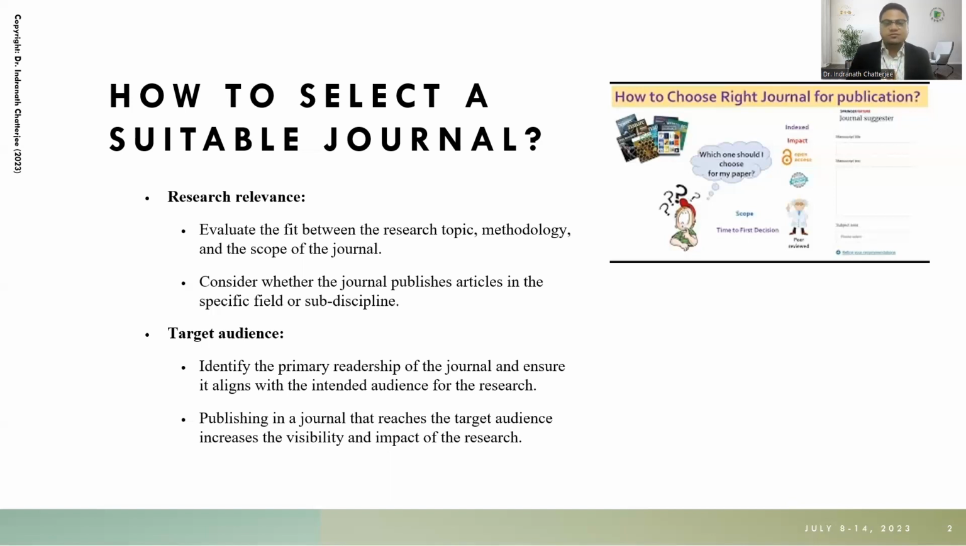You have to identify the primary readership of the journal, and ensure that it aligns with the intended audience for the research. Publishing in a journal that reaches the target audience increases the visibility and impact of the paper. For example, if I'm writing a paper on history, and I'm trying to publish in a computer science journal,